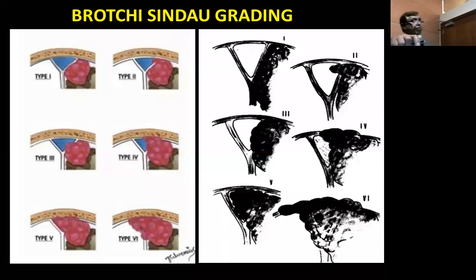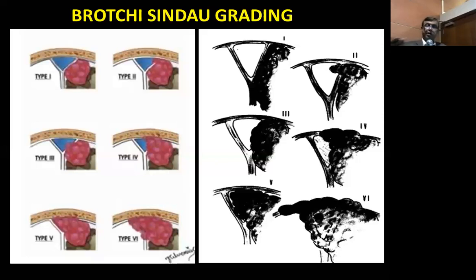So these two people classified these meningiomas into types 1, 2, 3, 4, 5, and 6. Type 1, like this one, is just touching the wall of the sinus. Type 2 is going through a hole in the sinus. Type 3 is really invading two walls of the sinus. Type 4, like this, almost closing the sinus. Type 5, closing the sinus. Type 6, invading to the other side. So there are 6 types of parasagittal meningioma.